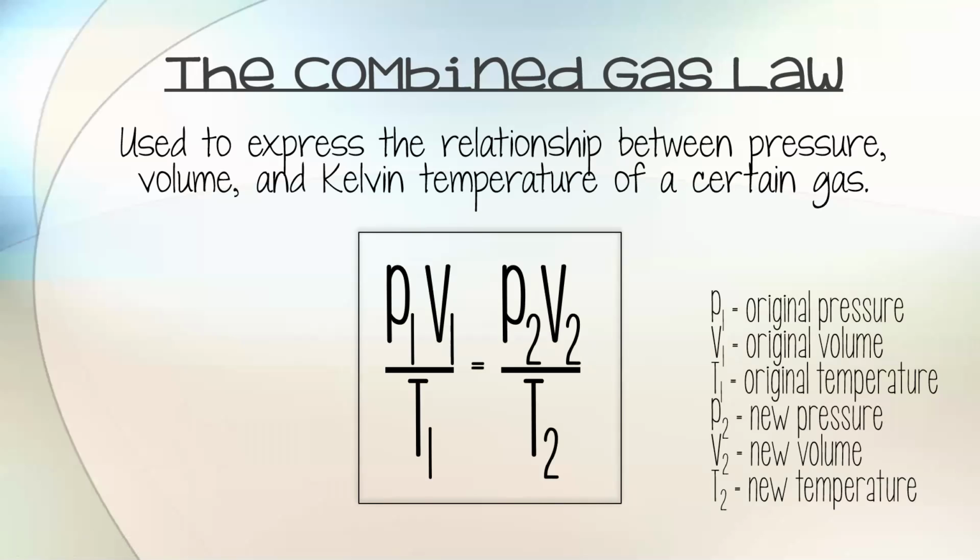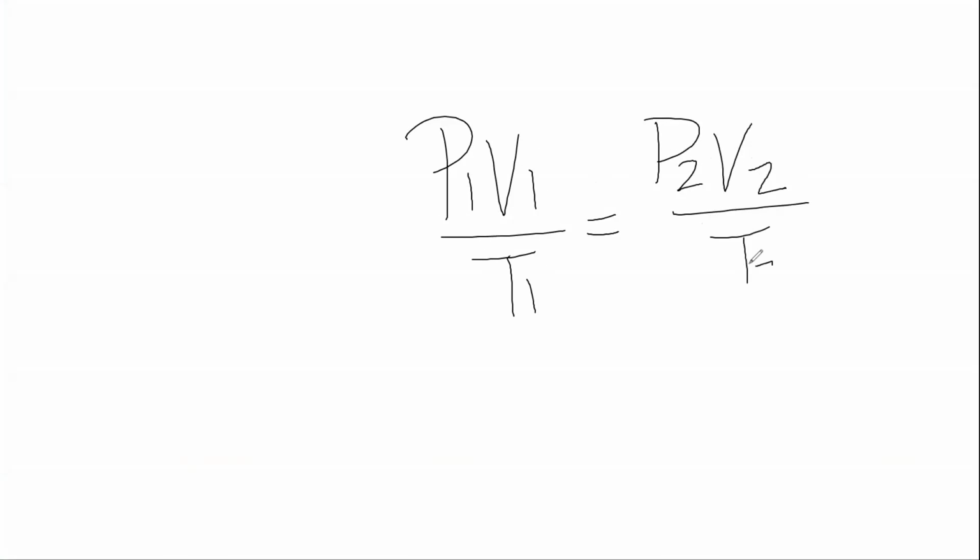Once again, all the ones represent the original or the initial pressure, volume, temperature. The twos represent the new, the final. And just quickly to show you, let me see if I can get the whiteboard here. Okay, you have P1 V1 over T1 equals P2 V2 over T2. This is kind of like stoichiometry. If you knew mass to mass, you knew all four conversions. If you can memorize the combined gas law, you know all the gas laws except Dalton's because it's not included